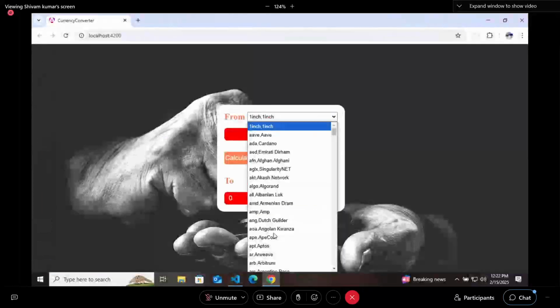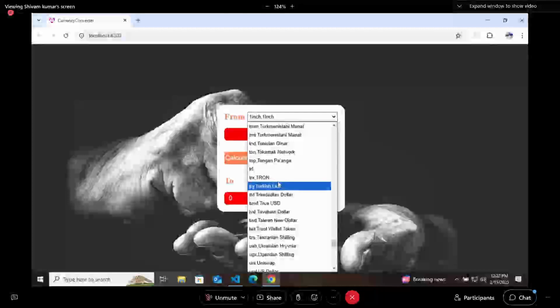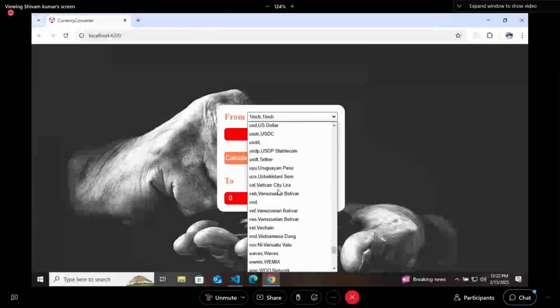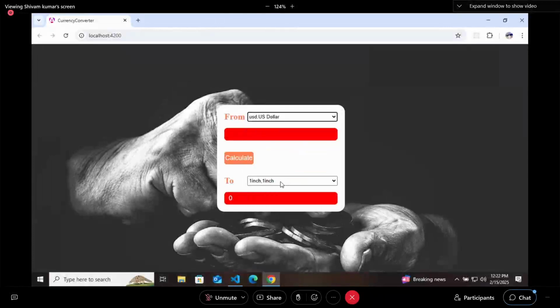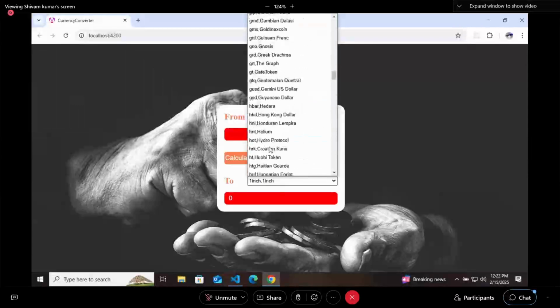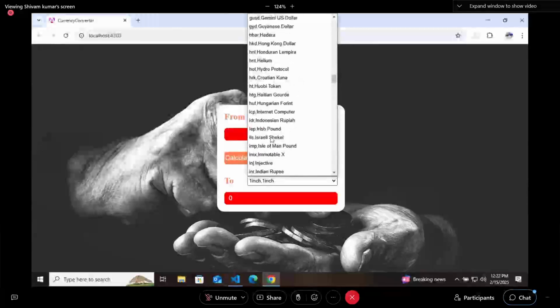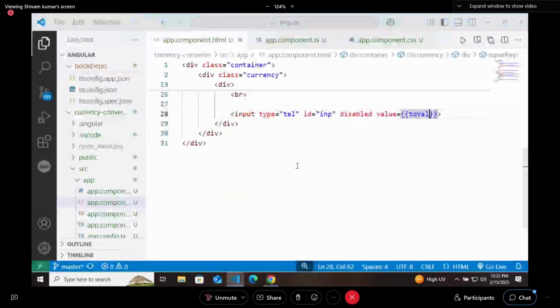So first, let's select US dollar here. And I want to convert it to Indian rupees. Let's say 10 US dollars. It is saying NaN here, which means something is working but the value is not coming properly.